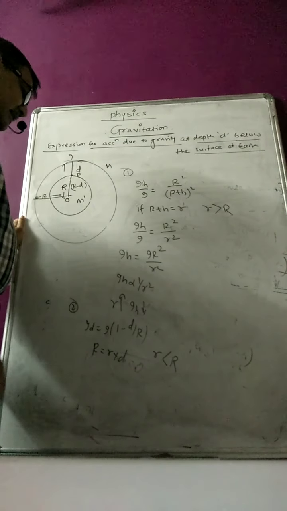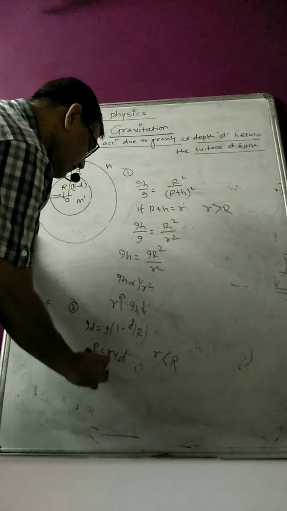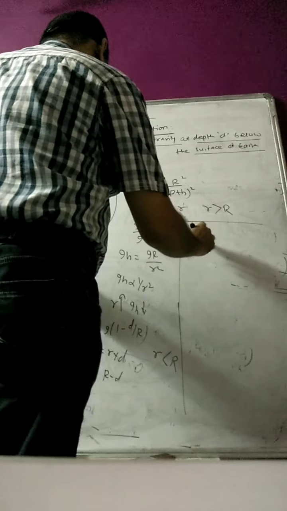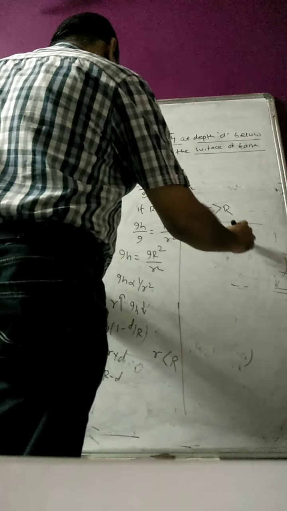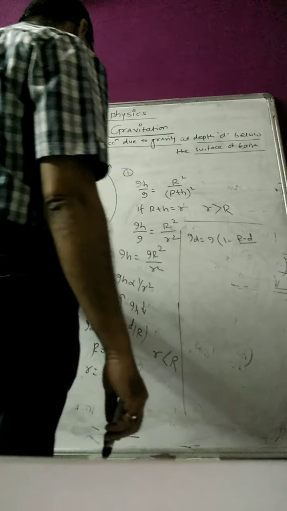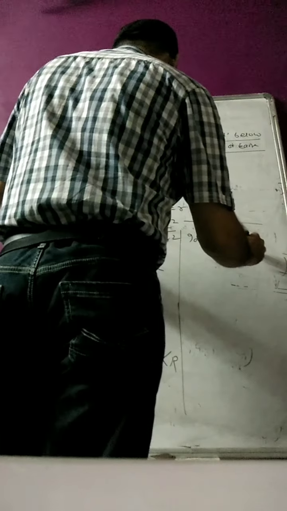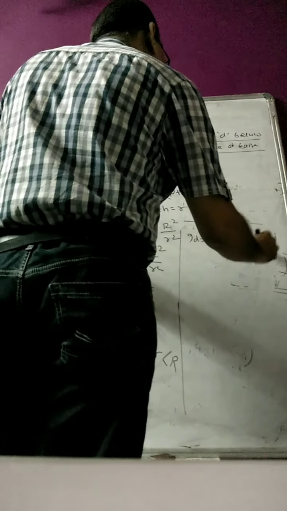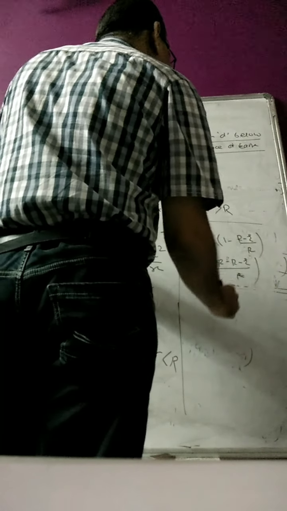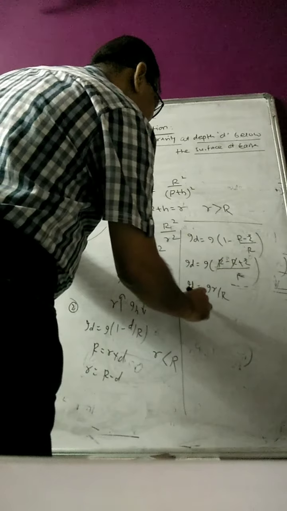If it is inside, then capital R is equal to r plus d, or small r is equal to R minus d. So what will be that expression then? I'll write down that expression: gd is equal to g in bracket 1 minus (R minus r), because I want to write about the depth d, depth is equal to R minus r, upon your capital R. And if you solve that expression, g into r upon R, minus minus gets plus, so therefore gd is equal to gr upon R,